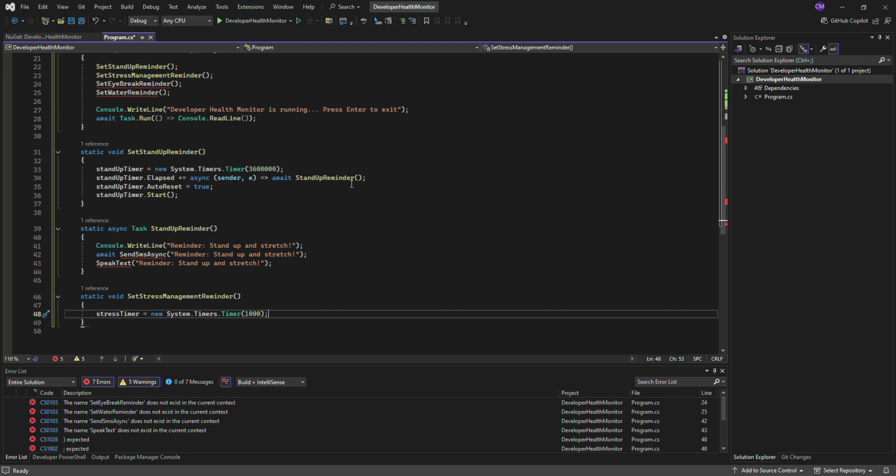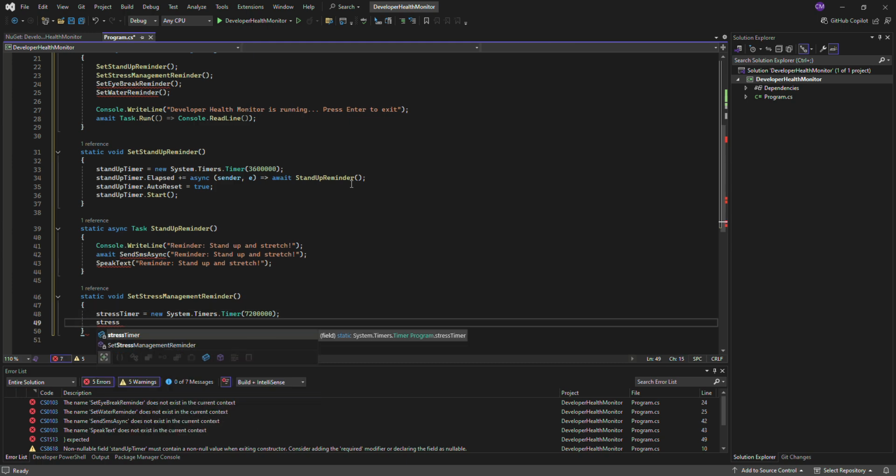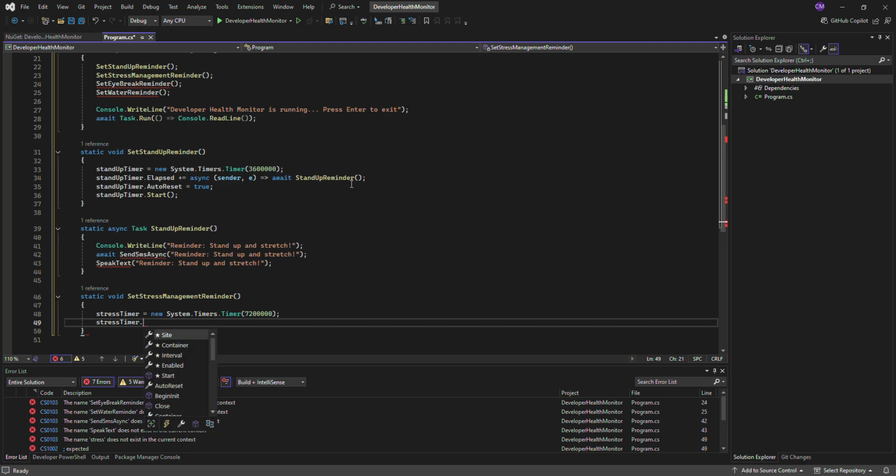So then this one, what we need to do to monitor the stress, we can give it 2 hours. So then what is 2 hours in milliseconds? 2 hours in milliseconds, 72, and we do it like that. That's now 2 hours. And then we will do stressTimer.Elapsed,